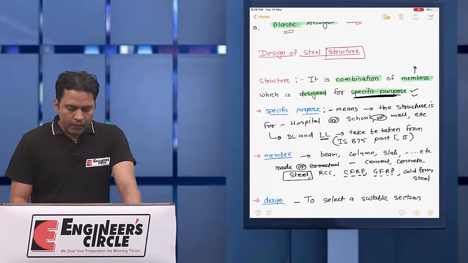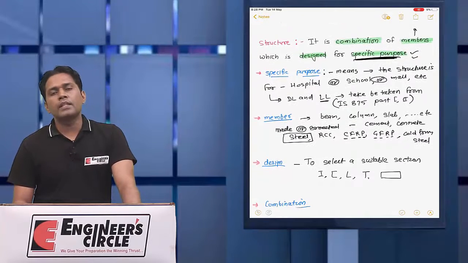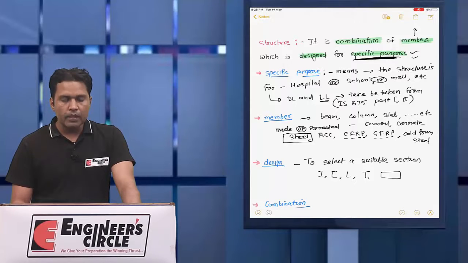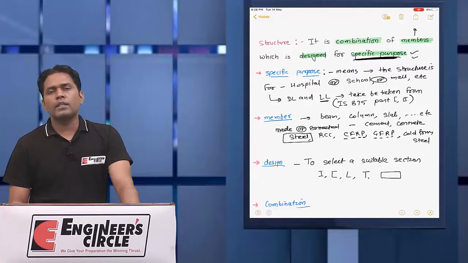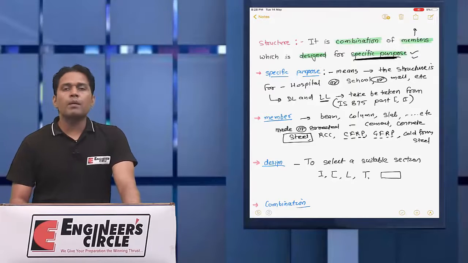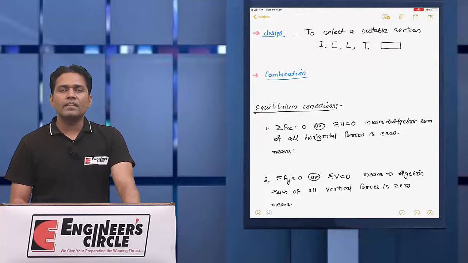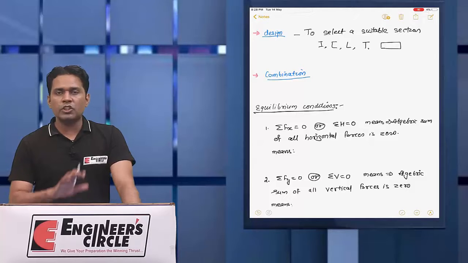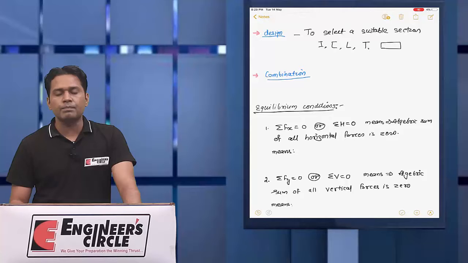Now I have the members with the appropriate dimensions, and I need to make the structure. For it I need to combine all the members so that the structure is able to transfer the load from top to bottom.